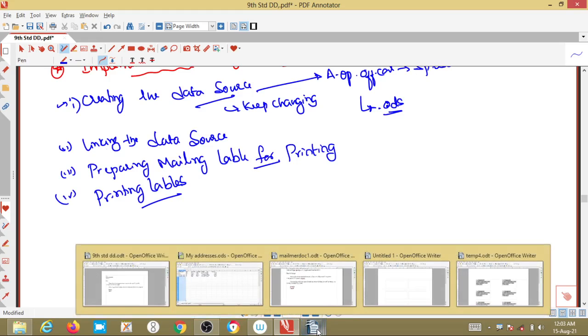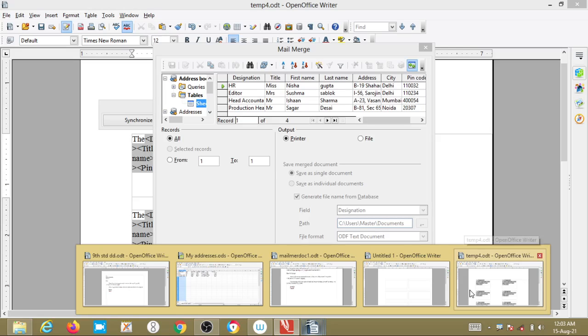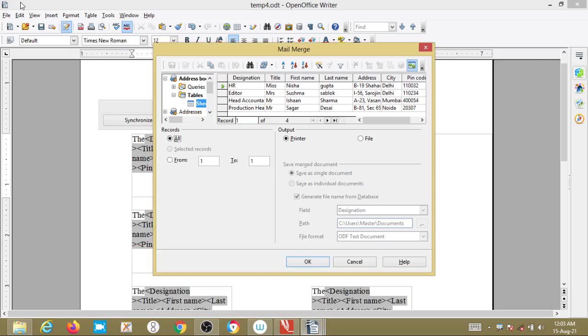For that, how can we do that? Here go to file, then give the print option, you will get this one, that is the mail merge. Okay, here from this record we can select all, or you can select from to, or just give all.